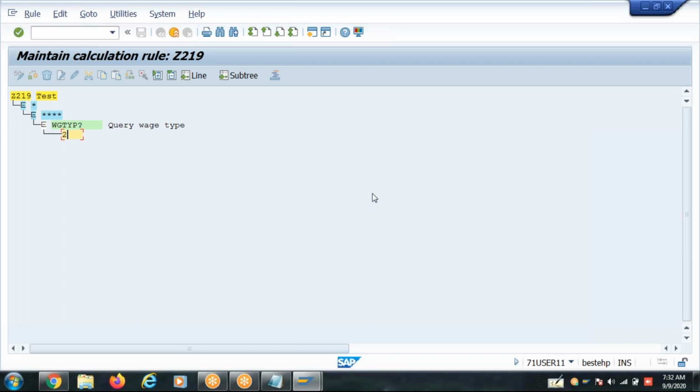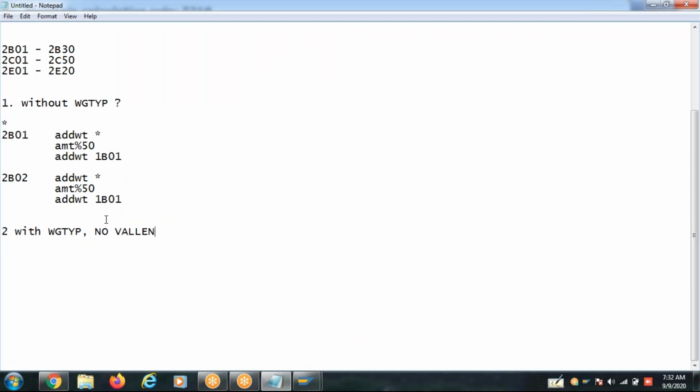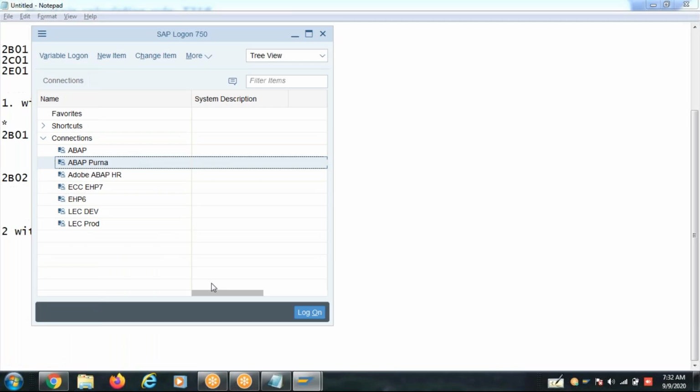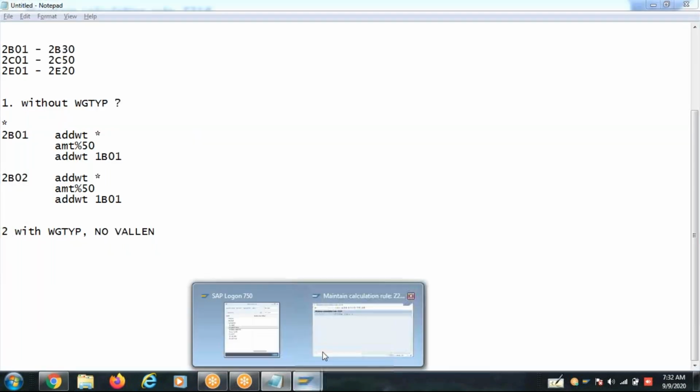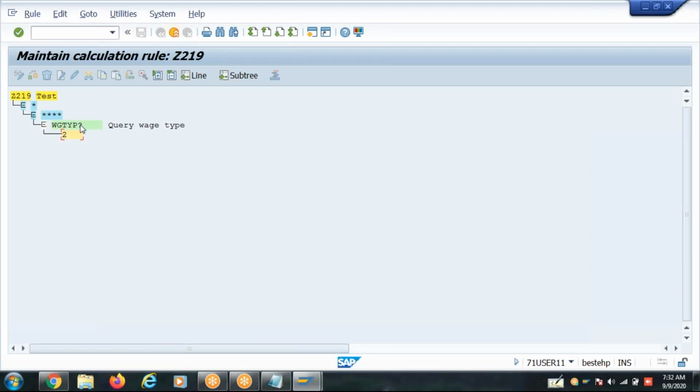See, first write. If all other waste types, let's say all other waste types are starting with the 2E series only. In this example, first I will call 2E01 to 2E20. Okay, 2E01 to 2E20.